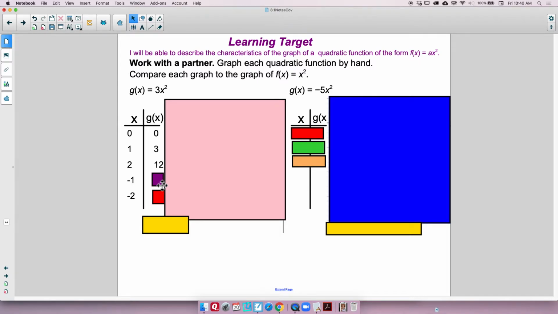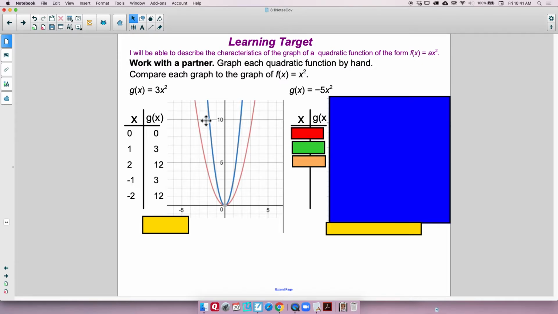Is negative 1 going to get me the same thing as 1 got me? Remember, when we plug in the negative 1, we put it in parentheses. So yes, because negative 1 quantity squared is 1 times 3 is 3. And obviously negative 2 would be the same as 2. So if you went and plotted all those points,